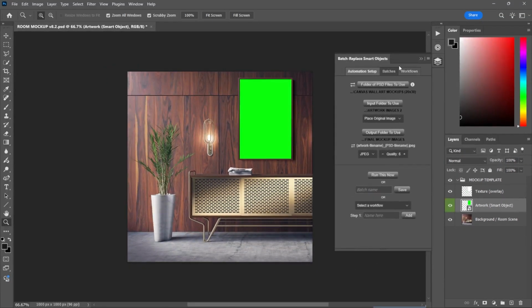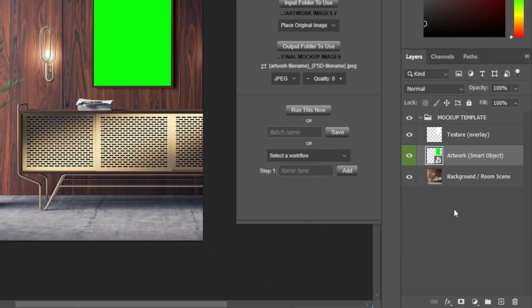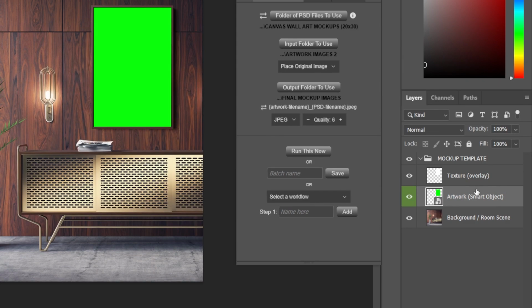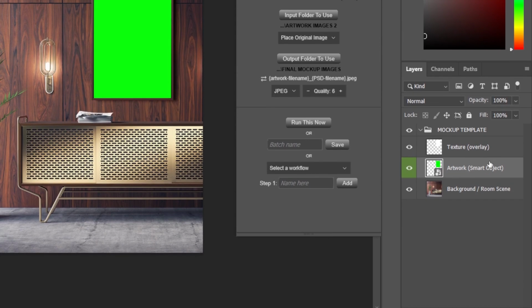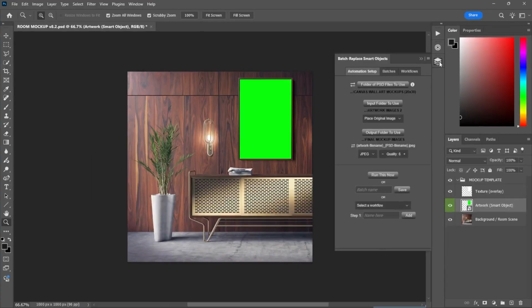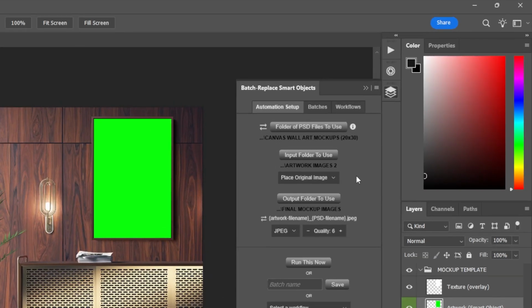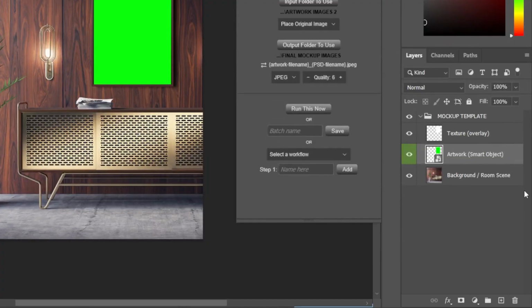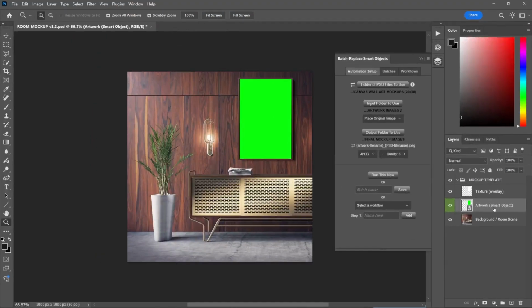I'm going to talk through what this plugin is, how it works, how it allows you to automate the process of creating mockup images and save you a ton of time on your workflow inside of Photoshop. So this is a plugin called Batch Replace Smart Objects. This is an add-on for Photoshop that you can get from the official Adobe Exchange. What this allows you to do is really streamline and completely automate this process of making your mockups in